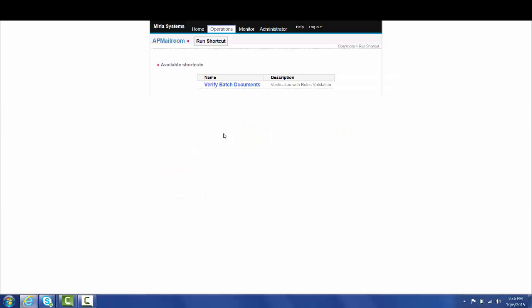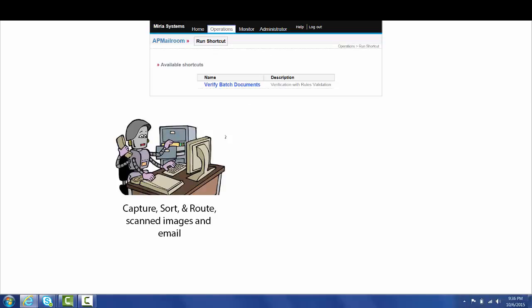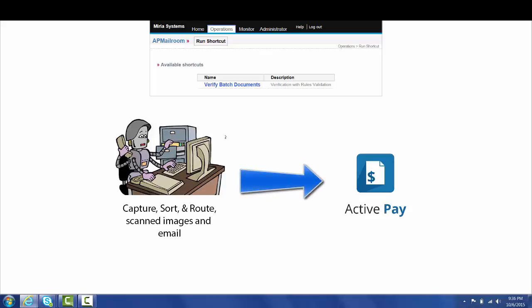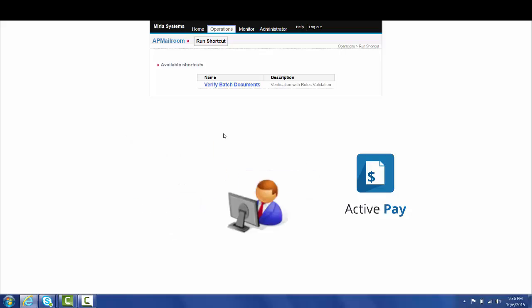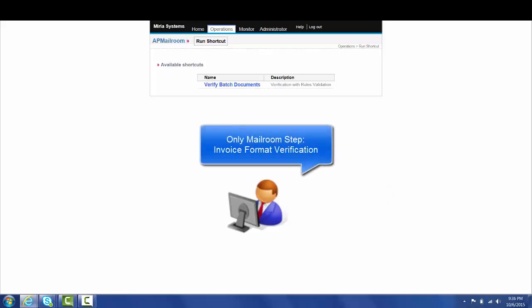Active Mailroom is like a robot that watches for invoices, identifies them, matches them to existing system data, and then pushes them to the next step of the process. Using very sophisticated OCR technology from IBM, Active Mailroom is able to turn images into data that never needs to be keyed again. It is very intelligent and only needs a mailroom operator to perform a one-off identification of a vendor's invoice format. This verification teaches Active Mailroom to recognize and process future invoices from this vendor without any further